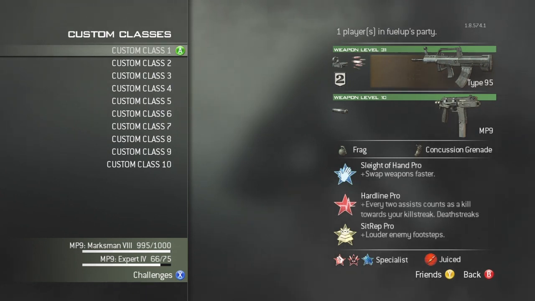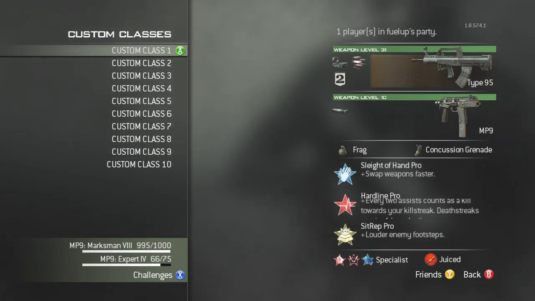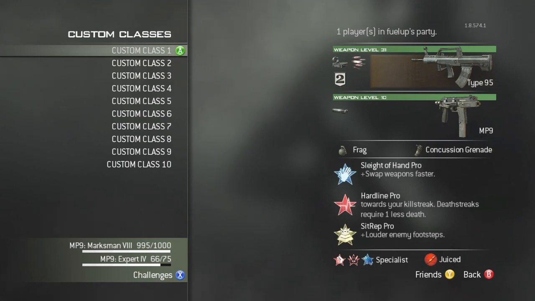This is probably the most tryhard class that you can use, and I honestly never use this gun. It is so overpowered, it is so ridiculous. I hate when other people use it because it's just so easy to get kills with. You one burst people from across the map, and I just don't think this gun should be used very often. But with that being said, this is the most overpowered gun in the game, and if you really are doing very bad and you're not the best player and you really want a MOAB, I suggest using a Type 95,